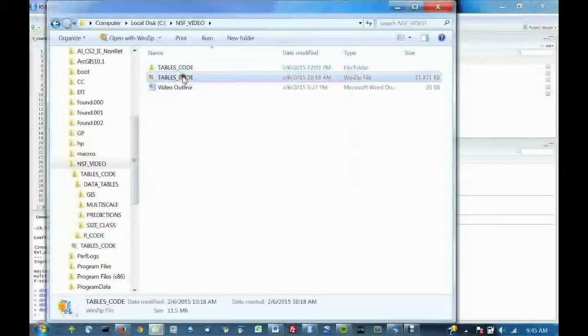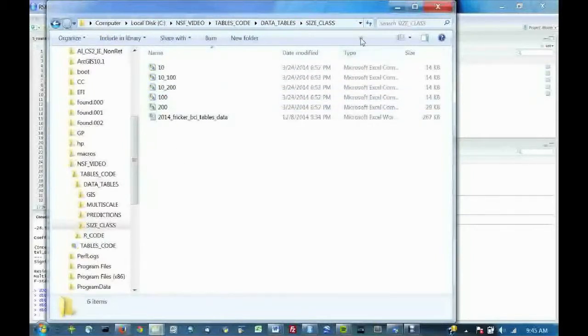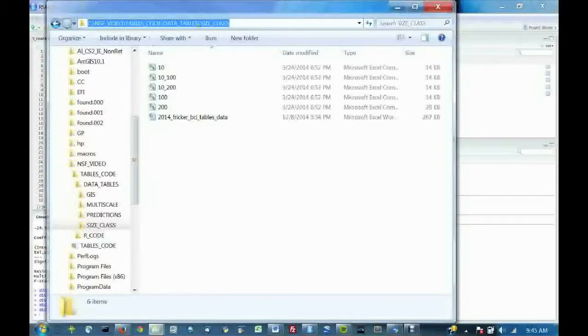tables_code.zip. So you download this data from the Ecological Archives online, and then you go ahead and extract it somewhere on your hard drive. So basically, if you go to the data tables, you can see there's GIS files. This is the size classes, and so what you want to do is copy this directory of wherever you put your data from this data table. So go ahead and do that,